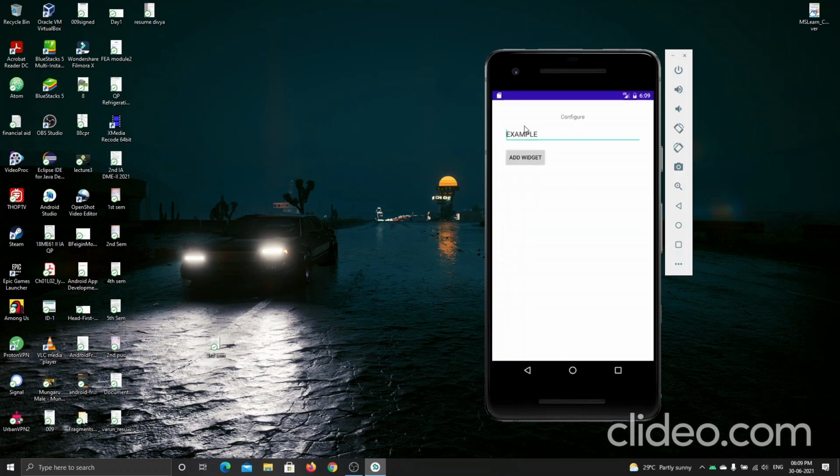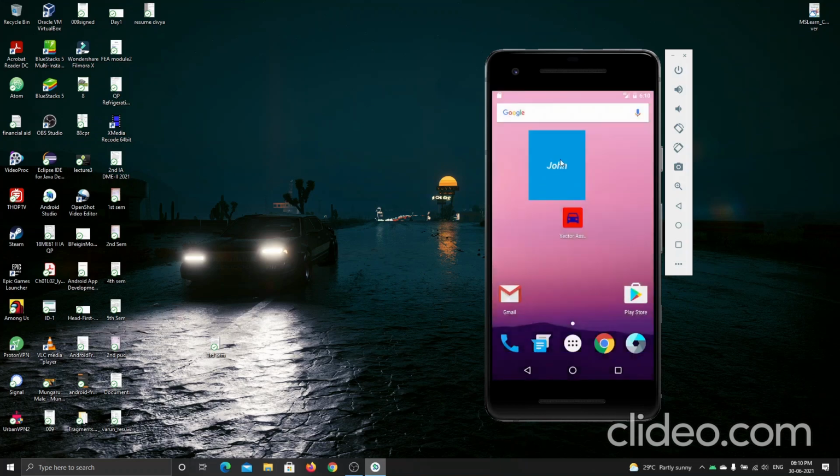See, it is asking me for the configuration. If I type here John, and when I say add widget, then it just changes the widget into John, and it adds into a 2 by 2 tile. It just shows John here. This is how the widget works. Okay, thank you.